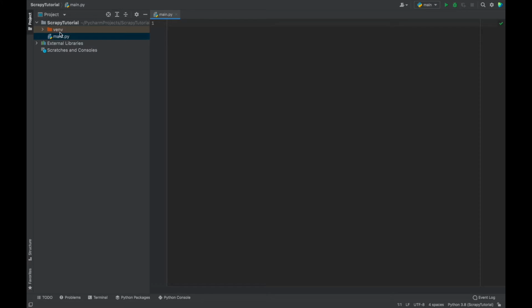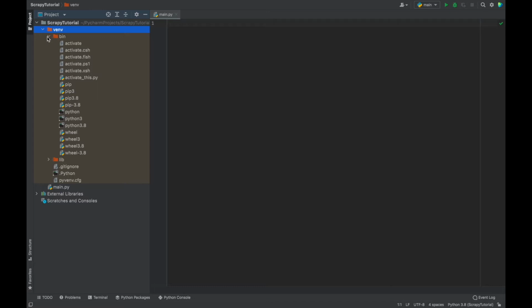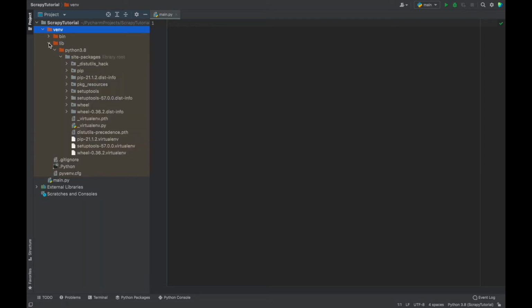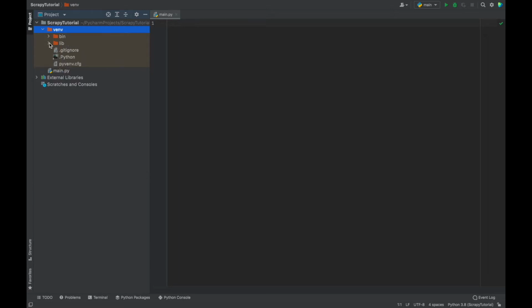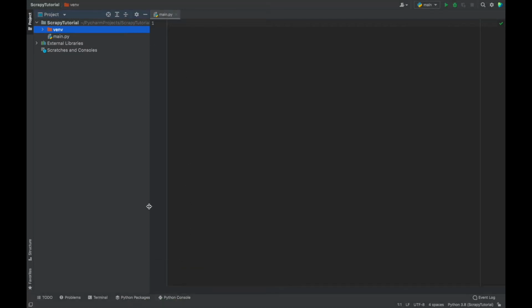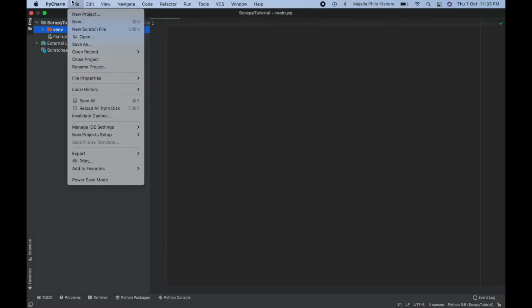Okay, now we have this Scrapy tutorial project with us, and also the virtual environment. It is an isolated unit that has been provided by PyCharm for us. So what it basically does is create an isolated unit so that any dependencies that we install in it do not affect the local machine that we have. Now for our project to work, we'll need certain dependencies to be installed. So we go to the settings of this project,